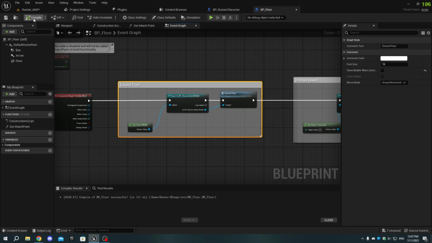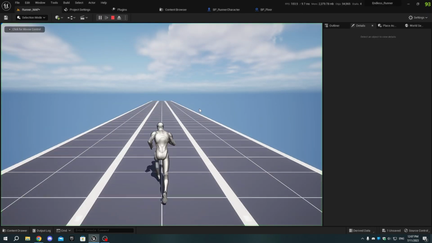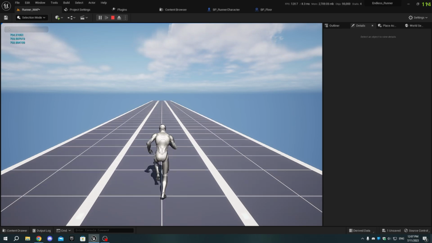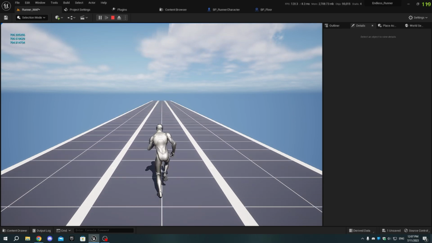Compile and save the blueprint. Now, in the level blueprint, you'll see that the character's speed increases gradually as it runs. You can set the max speed as you like, but be careful not to make it too high.